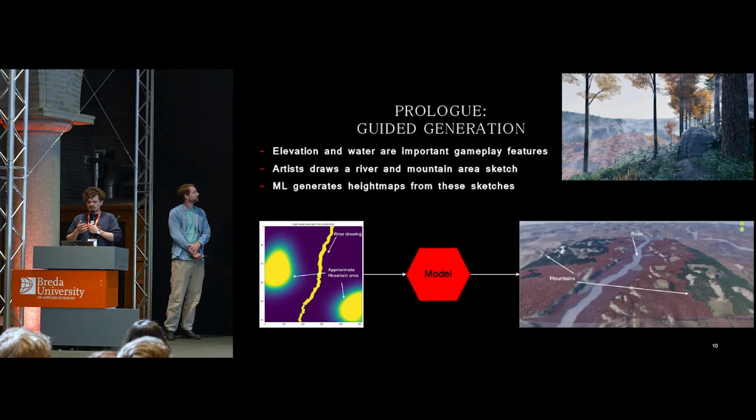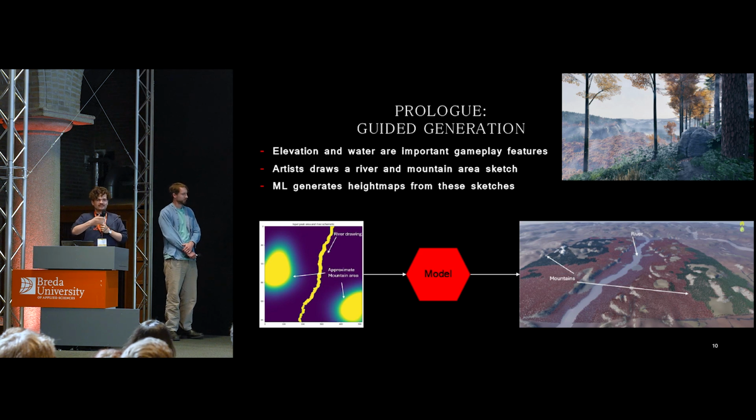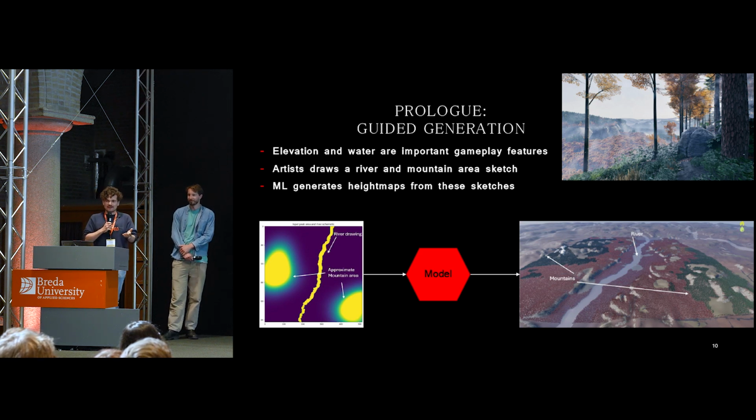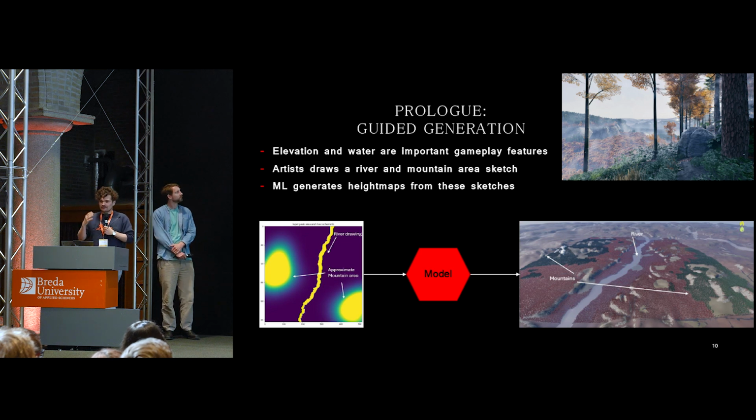And what we thought is, because this is an open world exploration game, and a lot of us here have played Breath of the Wild and Elden Ring, we know elevation is a humongously important part of showing off the map to users. They get to the edge of a cliff and say, oh, I want to go and check that bit out over there. Or it's a barrier for them to go from one place to another. And also, ever since we started playing games, rivers and oceans have been a good border to say, okay, you're not allowed to go here, or it's going to be harder to get over this way.